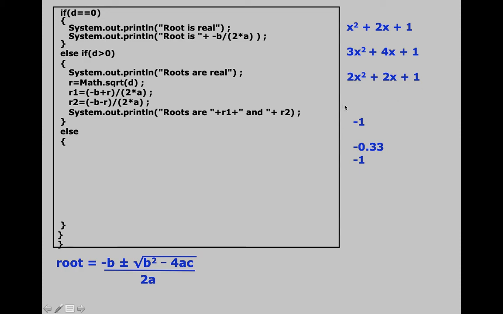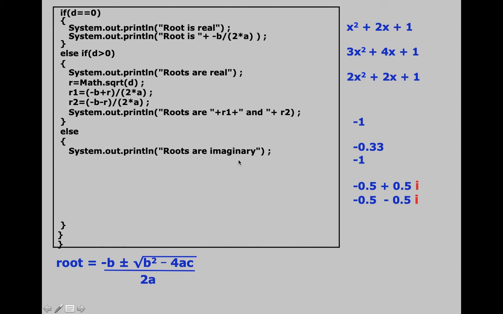Okay, so what is the value of d over here? So d over here is minus 4. And what are the roots over here? So the roots are these two, minus 0.5 plus 0.5i, and the second one is this. Okay, so first of all, the two roots over here are real or imaginary? Imaginary. And moreover, d is less than 0. So now we'll execute this, else this one. So here I'll write SOP, roots are imaginary.